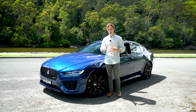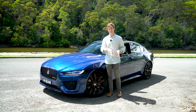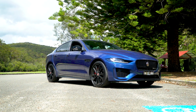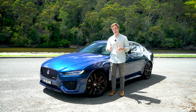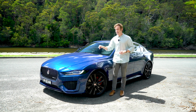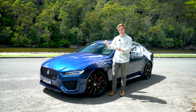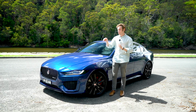bit more premium in their price tag, and also maintenance has been an issue with some of these brands in the past. But it's 2022 and this is the new XE, and it comes with a longer warranty than Jaguars of previous years, which is a good thing. I want to see if it's worth grabbing this over the usual suspects and over the Italian stallions that this is competing against, and straight away I can tell you I much prefer the looks of this over every other car in that category. Now I'm going to check out the features, I'm going to walk you around the outside,